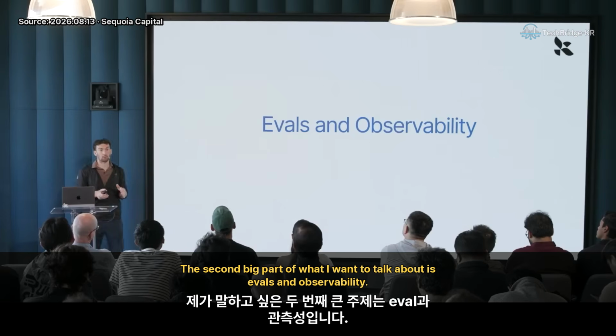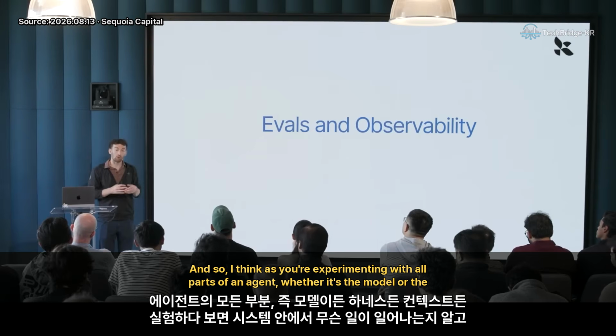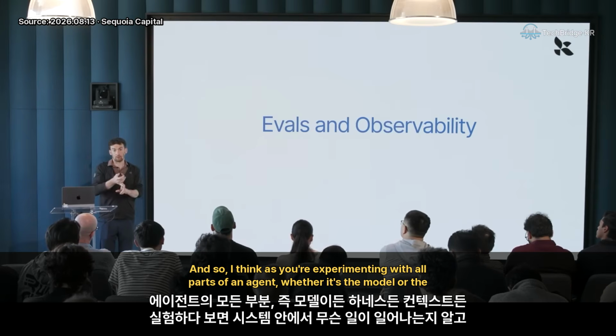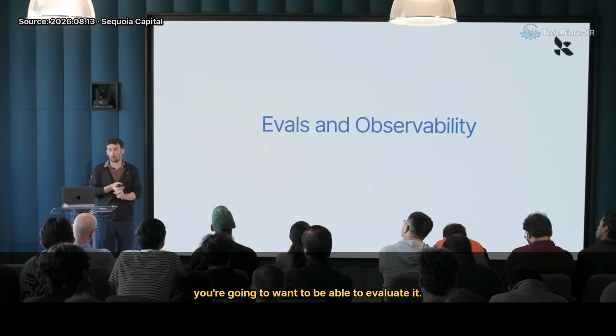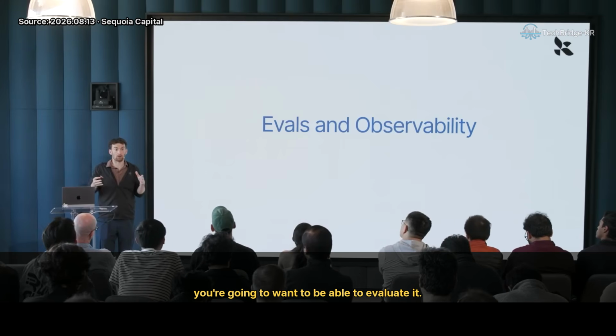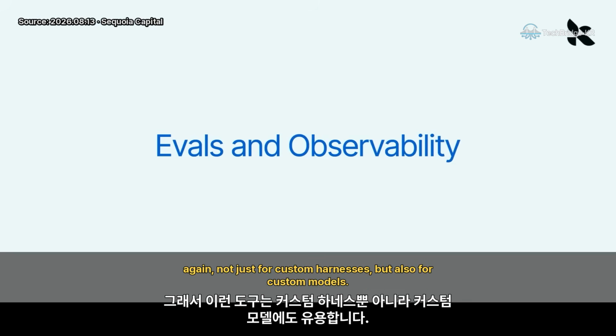The second big part of what I want to talk about is evals and observability. And so I think as you're experimenting with all parts of an agent, whether it's the model or the harness or the context, you're going to want to know what's going on inside of this system, and you're going to want to be able to evaluate it. And so these are useful tools that you can use, again, not just for custom harnesses, but also for custom